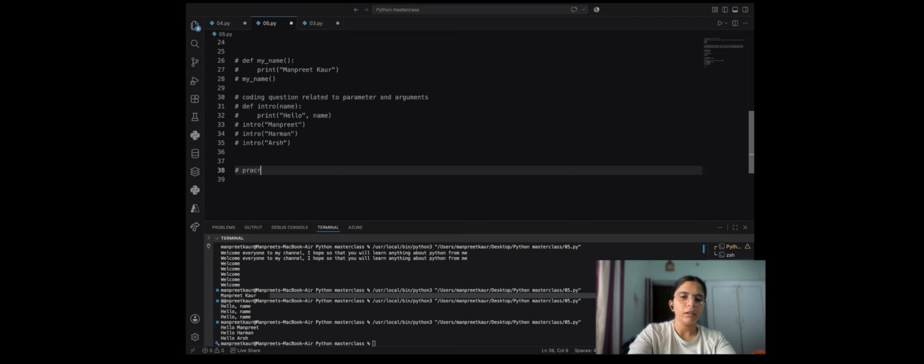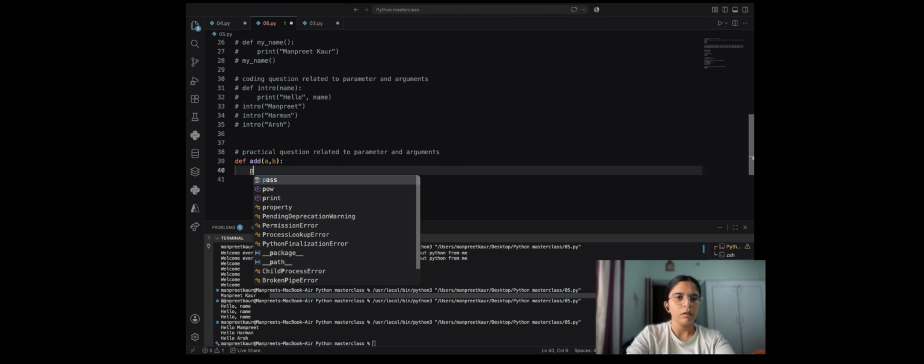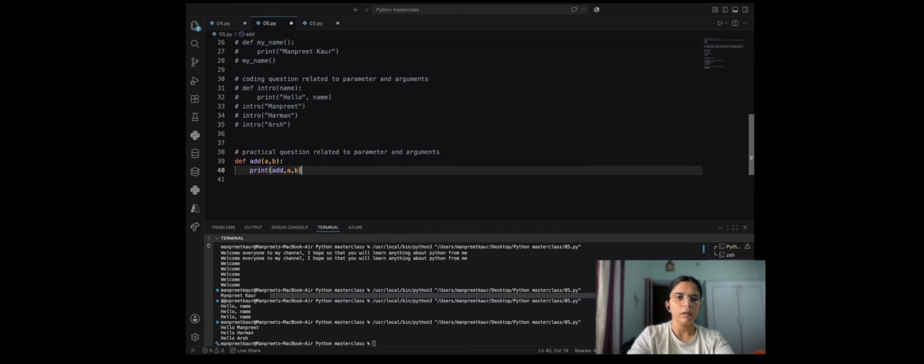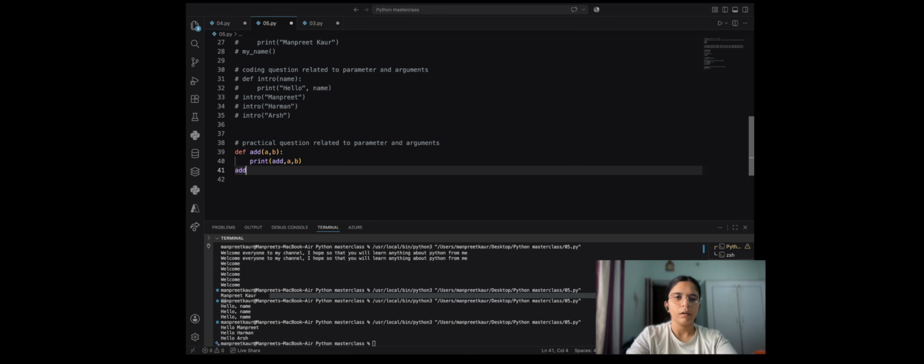Now we are going to do one practical question of this that is used in real life, related to parameters and arguments. Okay, def add, a comma b, print add a comma b. add 1 comma 6.